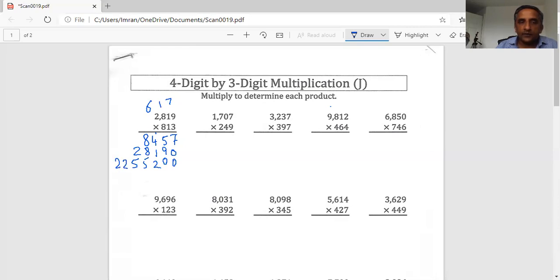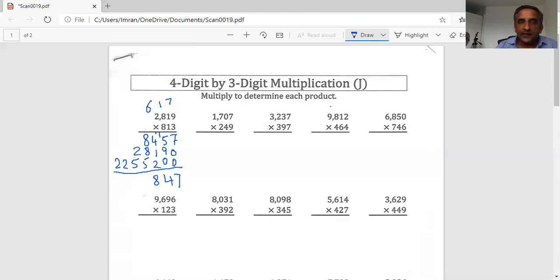Right? Now what we have to do is add them all. Please, this is very important: add them in a proper line, so they should be aligned properly. It's 7 0 0, so it's 7. 9 plus 5 is 14, so we write 4 and 1 carry forward. So 4 plus 1 is 5. 5 plus 1 is 6. 6 plus 2 is 8. So we write 8 here.